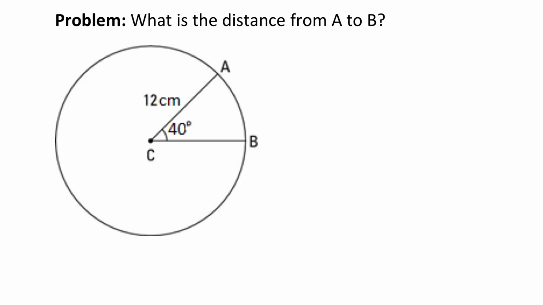Well, I'd encourage you to pause the video and give it a try. Either use some logic, maybe look at the formula sheet, see what you come up with. All right, so assuming you gave that a try, you might see this formula on your formula sheet. S equals theta r. Now that looks pretty similar to the 2 pi r, and indeed it's based on that. This will give us this distance s. So we go ahead and take our theta, 40 degrees, times by 12, and that gives us